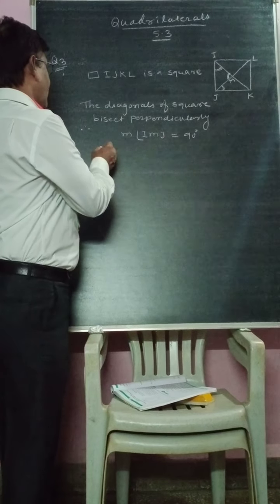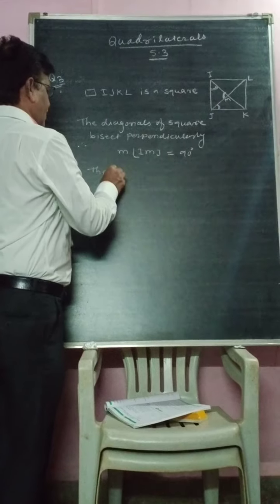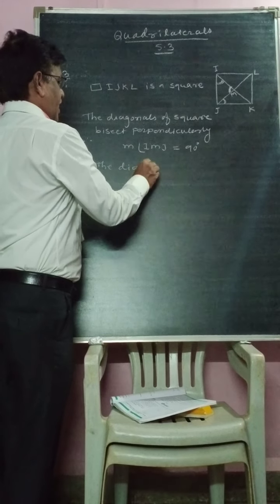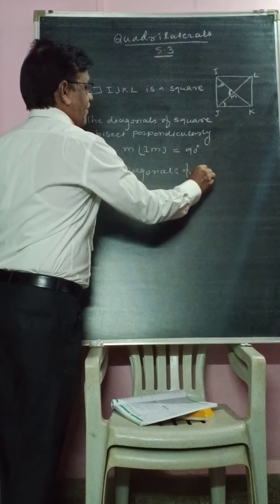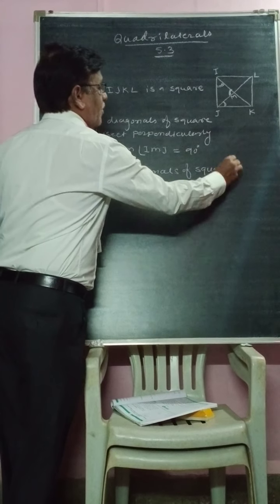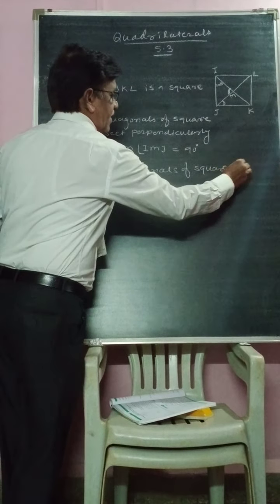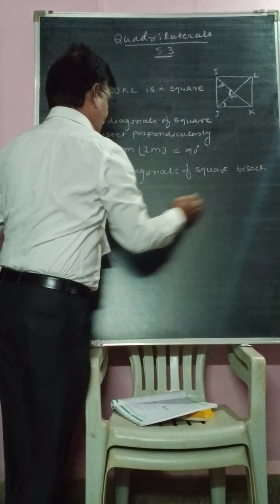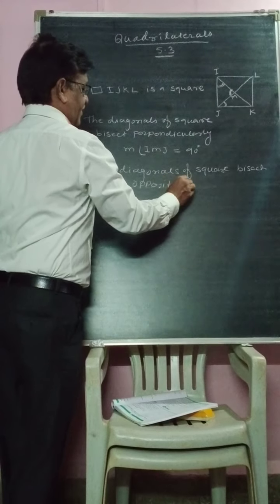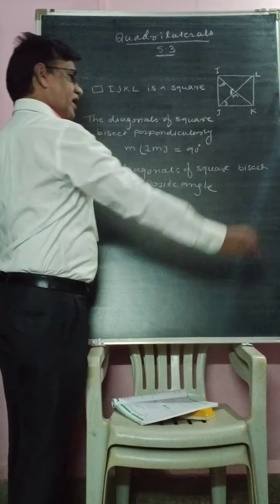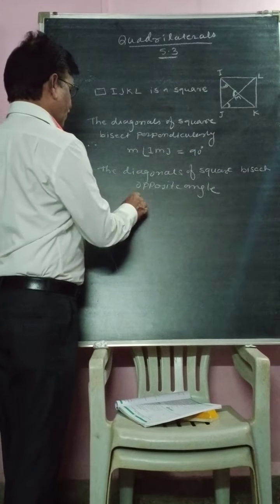The diagonals of a square bisect opposite angles, right? Therefore you can say that